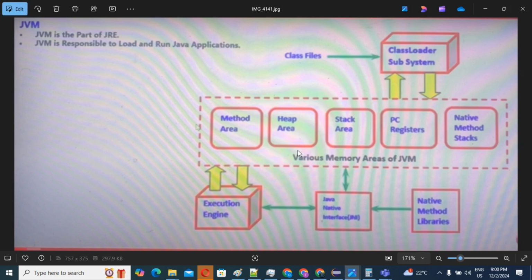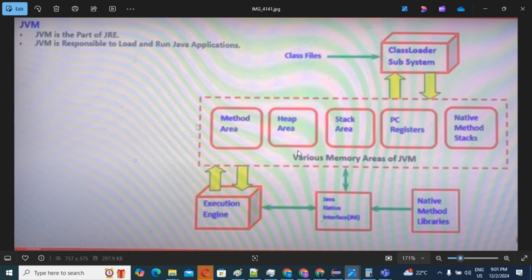After loading the .class file by the class loader subsystem, it needs some memory. Yes or no? So inside the JVM, we have various memory areas.